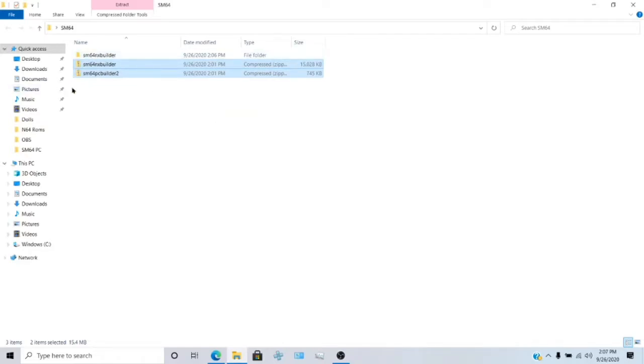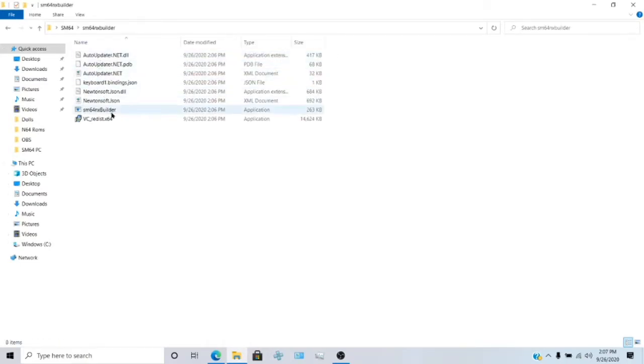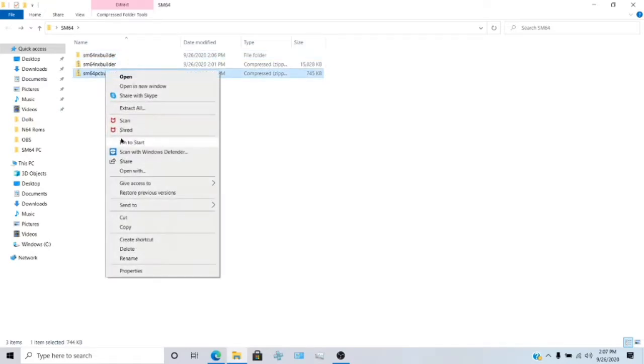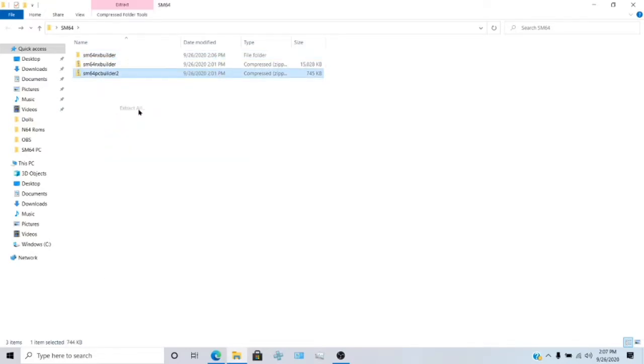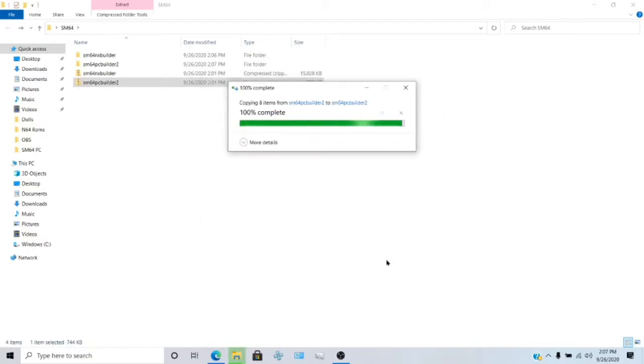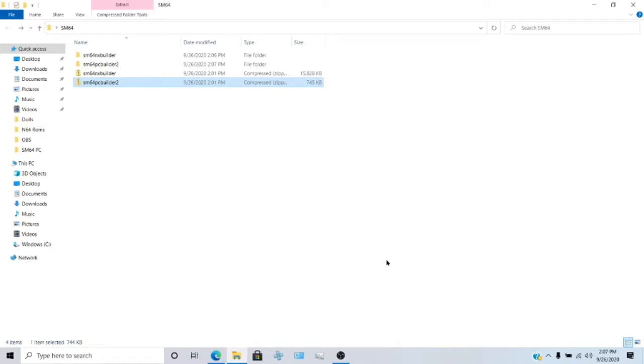Okay, so it did one, but not the other. That's interesting. That's weird. They were both highlighted, but whatever. Not complaining. I just wanted to see if it would let me. Okay, so once you have both of these extracted,